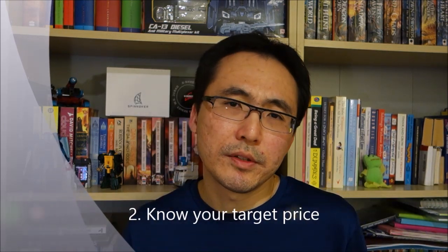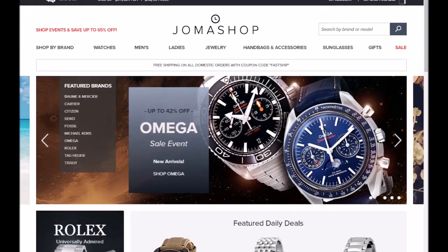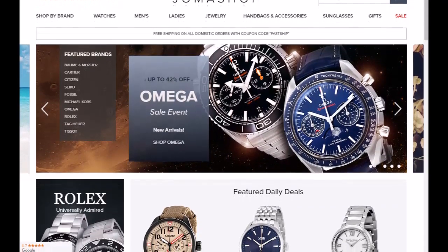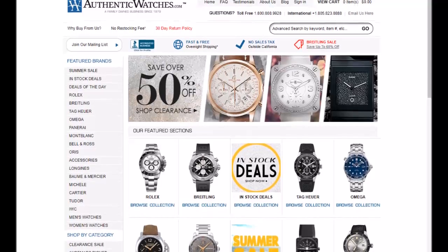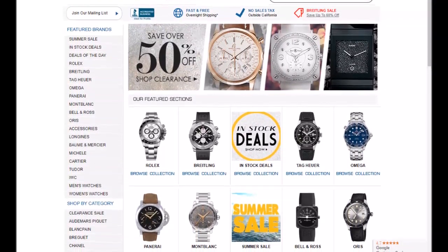So especially if it's collectibles, if there are items that are not going to come on market very frequently, you want to know what people expect to pay, what you expect to pay for the particular condition of the item. Research outside eBay. Look at forums, look at grey retail for watches. Grey retail obviously for new items will be cheaper than authorized dealers, because you don't get the authorized dealer factory warranty, but you get an indication of the type of discount you may be expected to get on retail, on